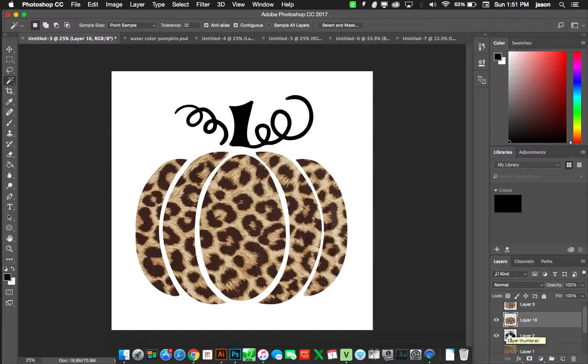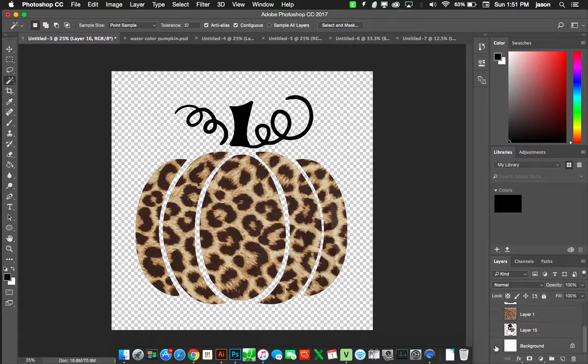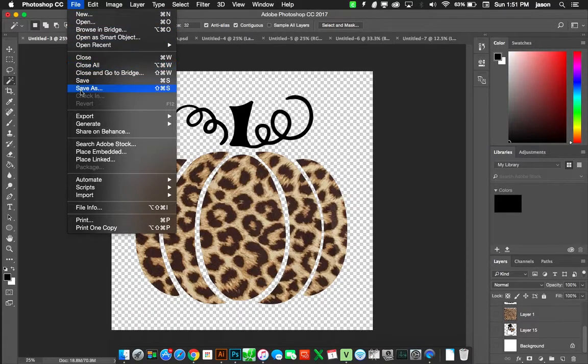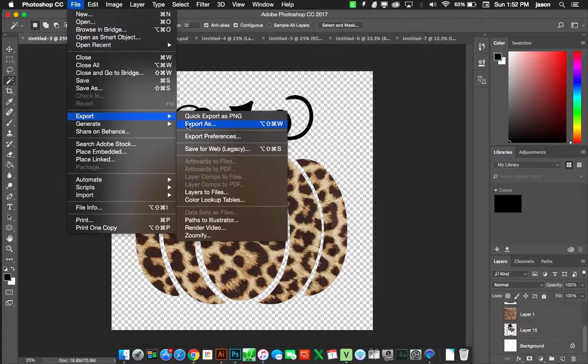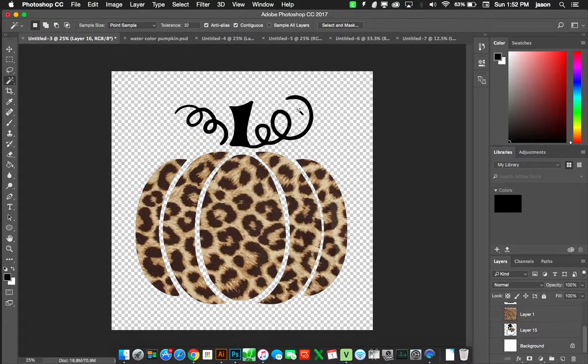And there's my pumpkin. I don't want the white in the background, so I'm going to scroll down to the very bottom of the background and delete that. And then I would go to File, Export, Export As, and save it as a PNG. So then I can go into my Sawgrass Creative Studio and upload the file and print it out and make the shirt. I'll show you another design that I was working on